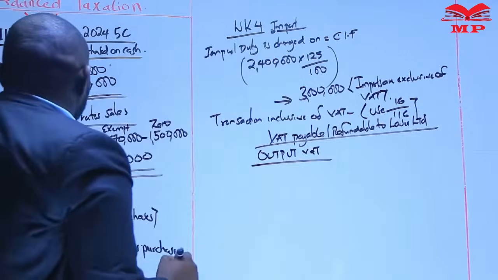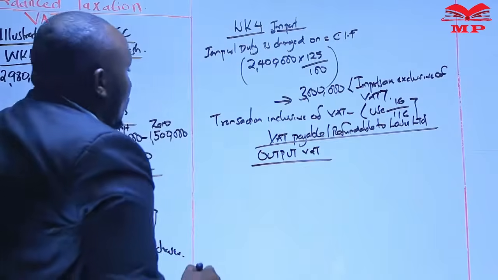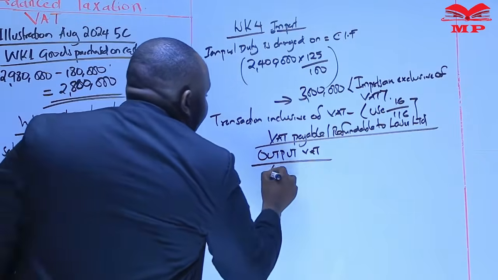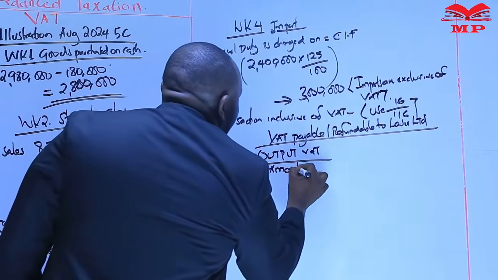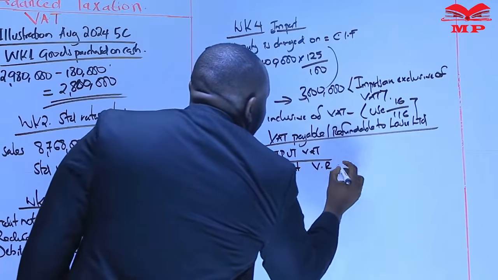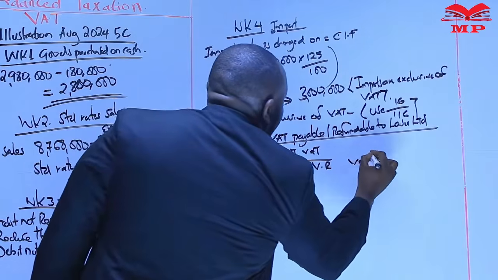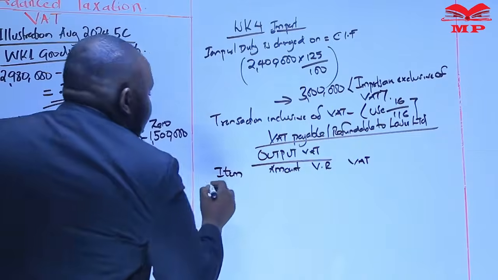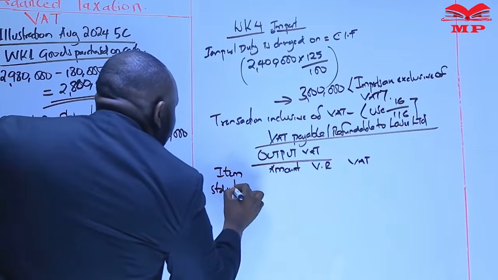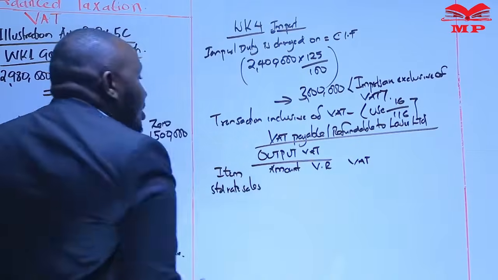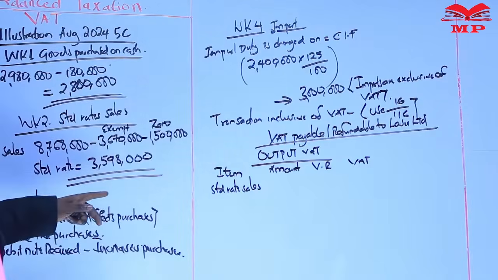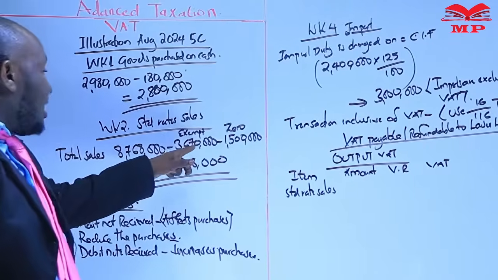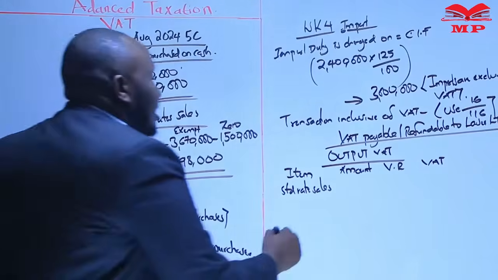On the output VAT, we have standard rate. We have amount here. Then we have the VAT rate. Then we have the VAT. So we have items on that. The first item is standard rate sales. For the standard rate sales, we had done the figure as we rotate the camera. For the standard rate, we less the exempt and zero rated. We had the figure of